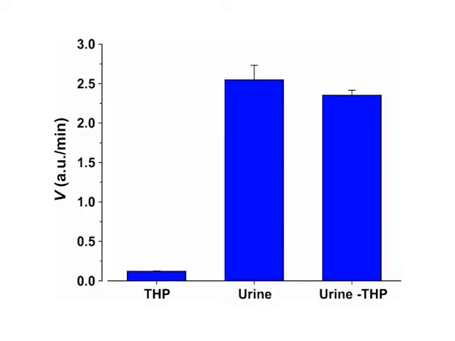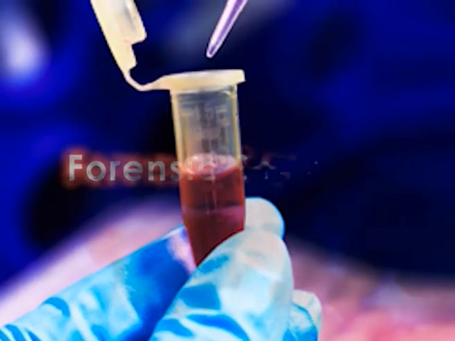This test is rapid and simple and thus can be used as a screening test in laboratories and as a field test at crime scenes to determine the presence of urine. Besides, derivatives of 17-ketosteroids are excreted into the urine to be eliminated from the body. These 17-ketosteroid conjugates can be identified using liquid chromatography mass spectrometry or LC-MS.